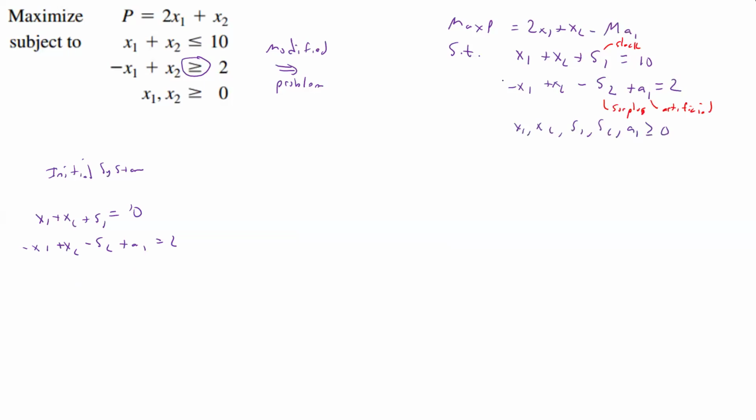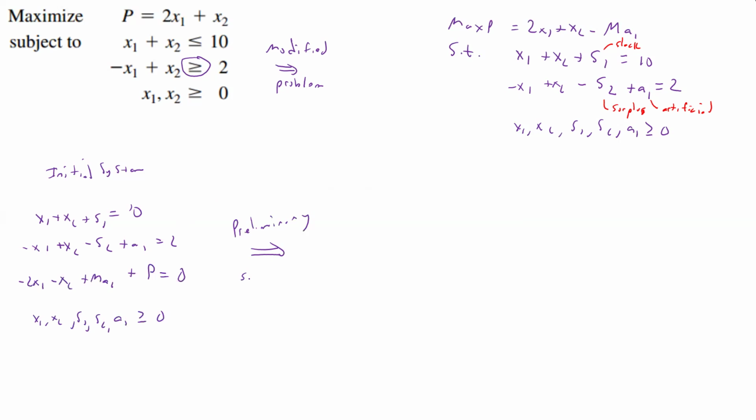And then we'll have, now we bring all that over to the other side. So now we've got what? A minus 2x1 minus x2 plus Ma1, then plus P is equal to 0. And again, we have all the x1, x2, s1, s2, a1 greater than or equal to 0. All right, so that's kind of my initial system. So basically, I've taken the objective, solved it for zero, put it down here, and then I've just brought those things down here. So now what we're going to do is we're going to go into something called the preliminary